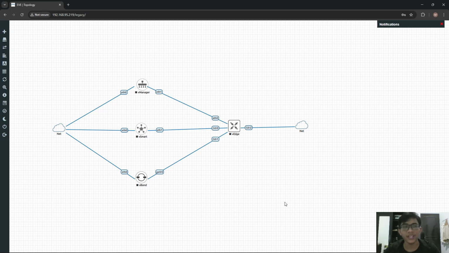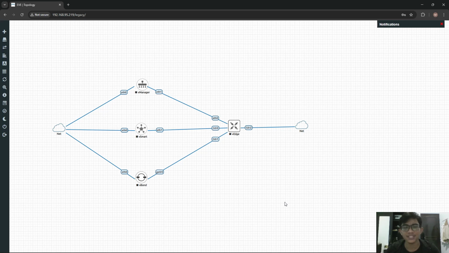And the third is better security, because all connections are encrypted using secure tunnels. So all communication among the devices will be encrypted by tunnel.